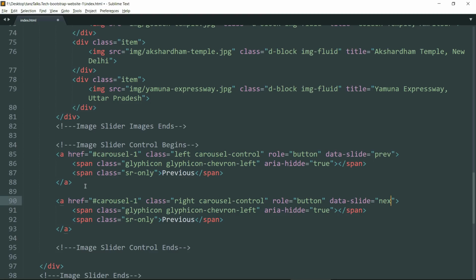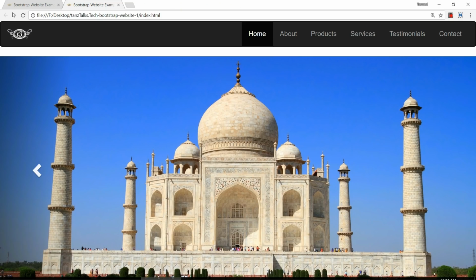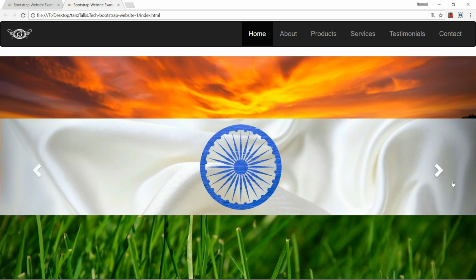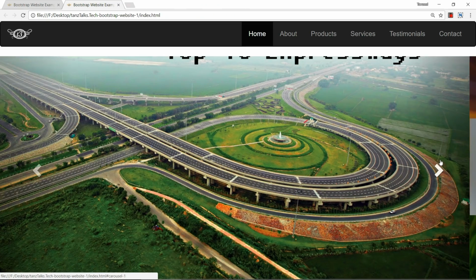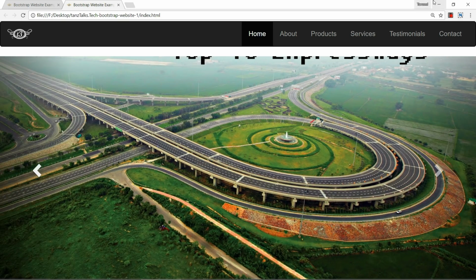Then glyphicon-chevron-right. Then change the previous to next. Save it and let's open the website again. Yeah, now we have the right control as well, and both of the controls are working now.